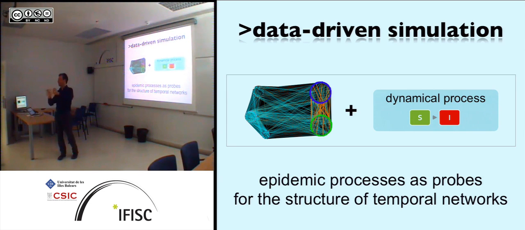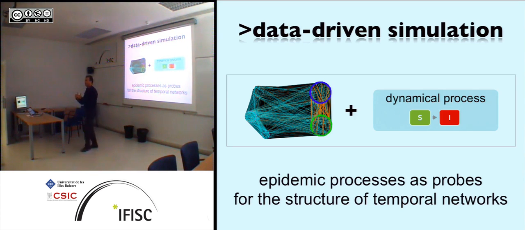Data are fixed, it's the landscape. Then we have a dynamical process which may mimic or not an actual epidemic. And we run this on top of the actual data. And we notice we don't do this in order to simulate epidemics. This is just a way to probe the very fine temporal structure of the network. So we use, for example, in this case, I will show you an example, a very simple SI process,